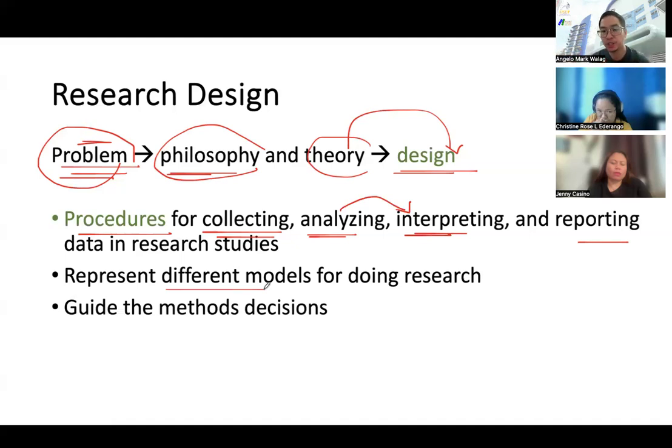Therefore, your research procedures should be anchored on that empirical format that a certain independent variable influences the dependent variable. And if you're doing exploratory sequential, for example, then you have to characterize in your research design how the qualitative component